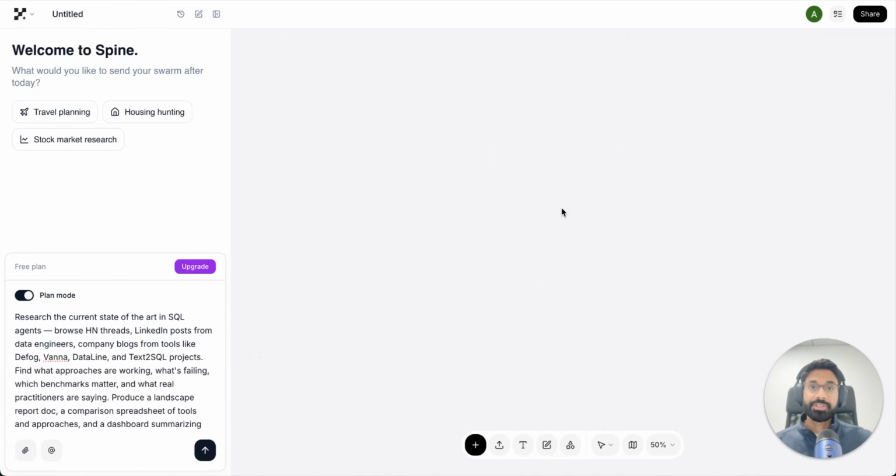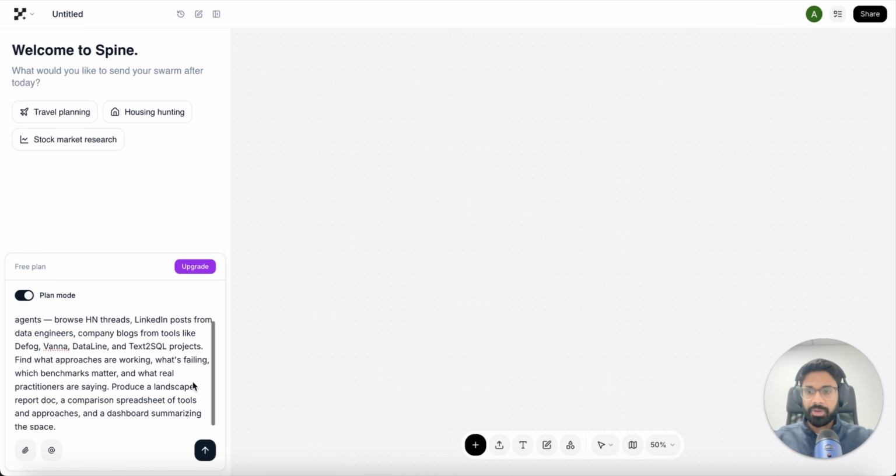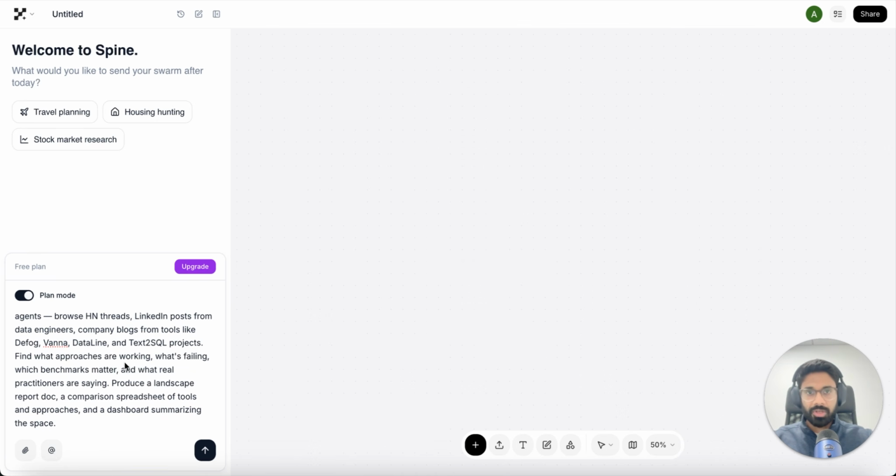Hi there. Today we'll see how you can use Spine Swarm for your non-coding workflows. So I'm researching the state of the art in SQL agents, and I'm asking Spine Swarm to browse Hacker News threads, LinkedIn posts, and company blogs to fetch information. I want to understand what approaches are working, what's failing, what the benchmarks that matter are, what real practitioners are saying, and then it's going to produce a report, a comparison spreadsheet of the tools, and a dashboard summarizing the